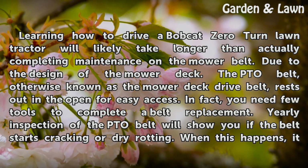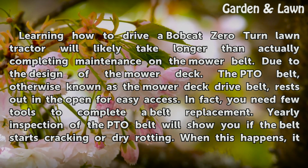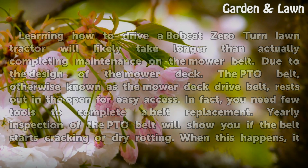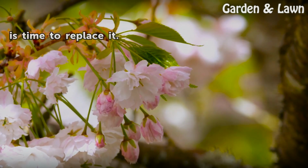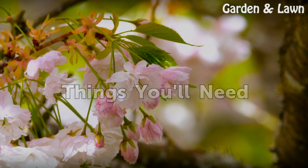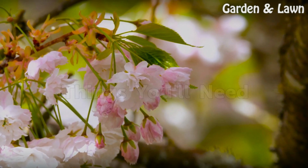In fact, you need few tools to complete a belt replacement. Yearly inspection of the PTO belt will show you if the belt starts cracking or dry rotting. When this happens, it is time to replace it. Things you'll need: